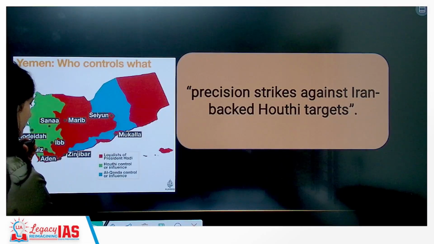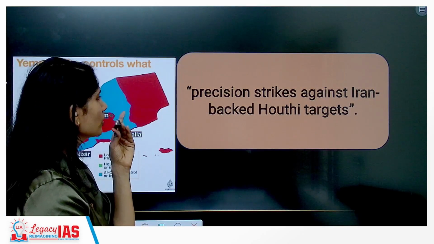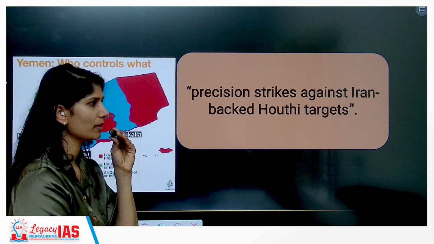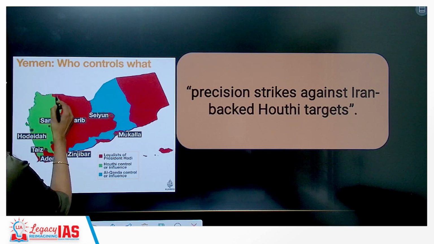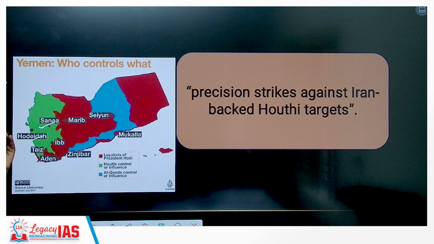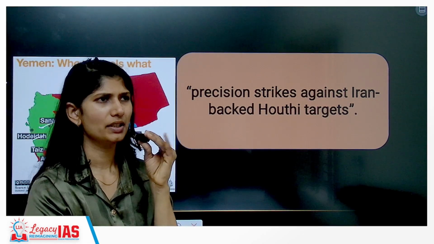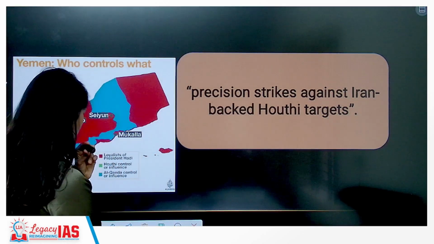Look at this. US has launched precision strikes against Iran-backed Houthi targets. See, back in 2014 itself, the Houthis had conquered these areas in Yemen, that is Sana'a and Hodeidah. So these areas were controlled by them in Yemen. They are backed by Iran. Now, freshly,